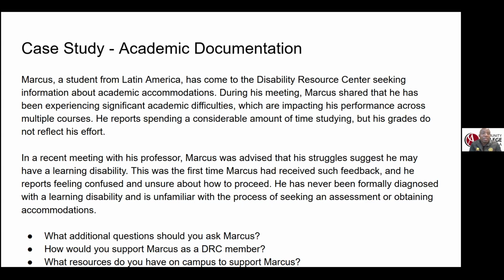In a recent meeting with his professor, Marcos was advised that his struggles suggest he may have a learning disability. This was the first time Marcos had received such feedback, and he reports feeling confused and unsure about how to proceed. He has never been formally diagnosed with a learning disability and is unfamiliar with the process of seeking an assessment or obtaining accommodation. If you had a student who came to you and shared this with you,